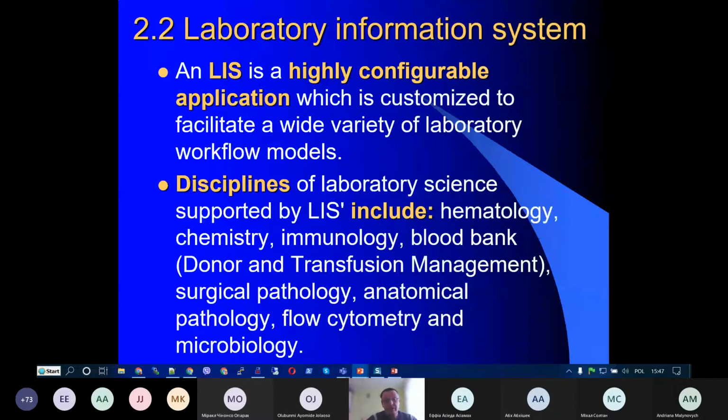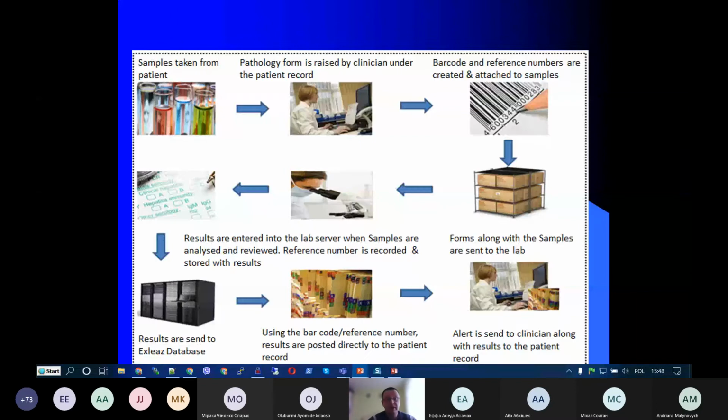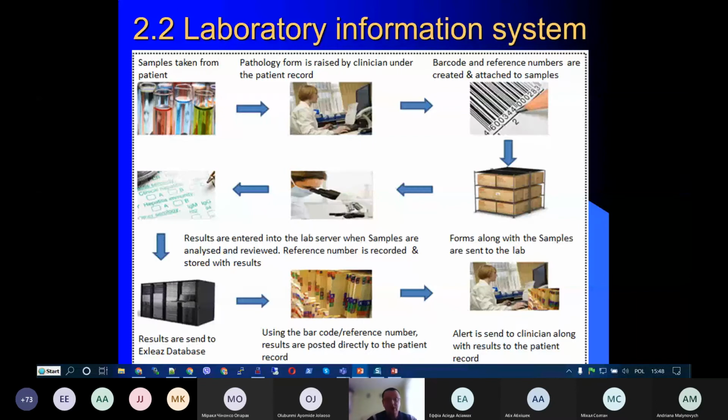Features, or disciplines supported and covered by laboratory science, could include multiple different specialties like hematology, chemistry, immunology, blood bank, surgical pathology, anatomical pathology, and so on. So we have multiple directions for application of a laboratory information system. And another approach is implementation of